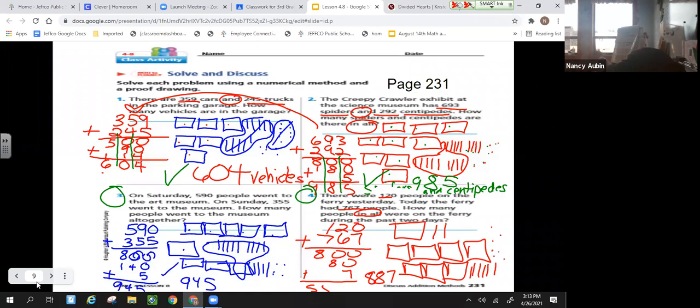Can I make a new group of 10? Yes or no? Can I make a new group of 100? Nope. Can I make a new 1,000? No. No new group. We have 100, 2, 3, 4, 5, 6, 7, 800, 10, 20, 30, 40, 50, 60, 70, 80, 81, 82, 83, 84, 85, 86, 87. Yeah? Yeah. All right. Go ahead and turn to page